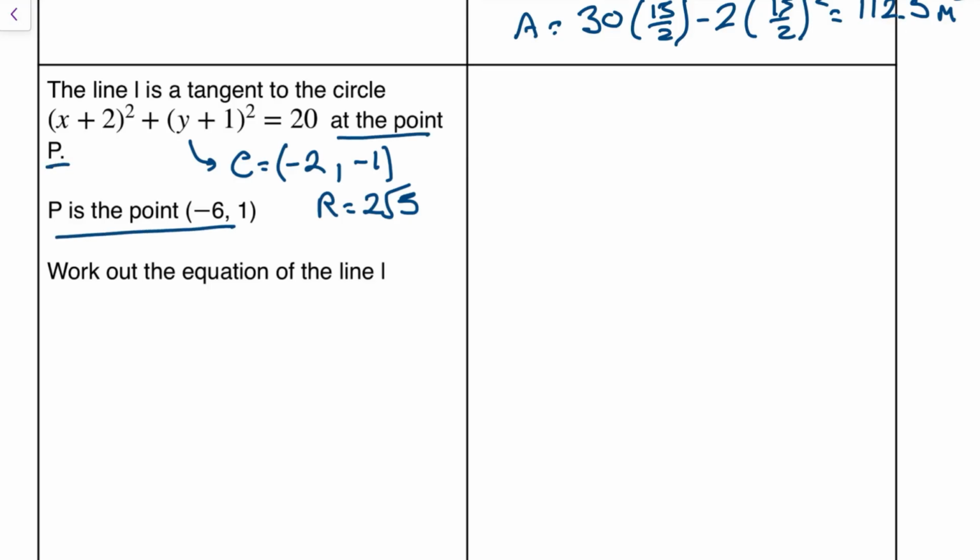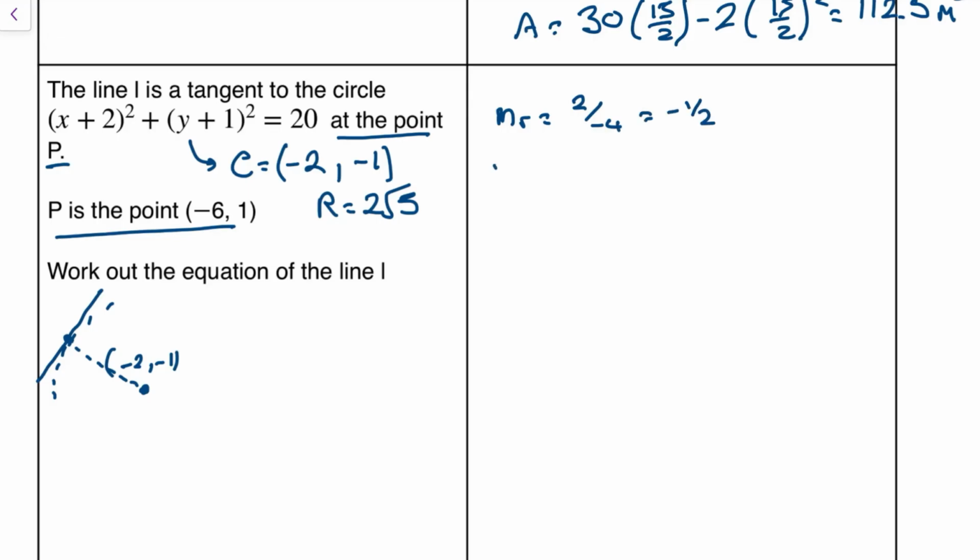So in other words, I've got a circle. And again, don't worry about my diagram being precise here, but I've got (-2, -1) as my centre, and (-6, 1) is somewhere here, let's say on my circle, and I want to know the equation of the tangent that goes through there. Now, my process is, I've got my radius, so I'm going to find the gradient to my radius. Now, actually let's do the y value first. So the y value goes from -1 to 1, so it goes up 2. And the x value goes from -2 to -6, so it moves across by -4, which gives